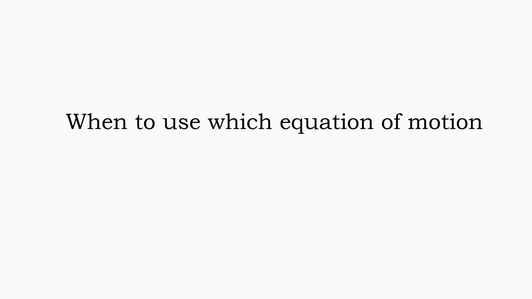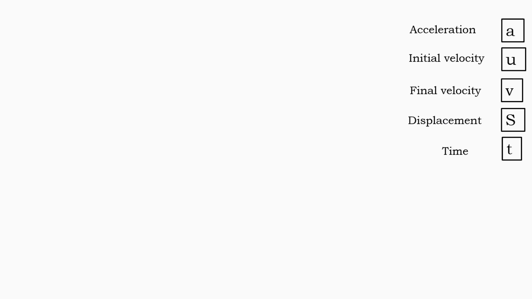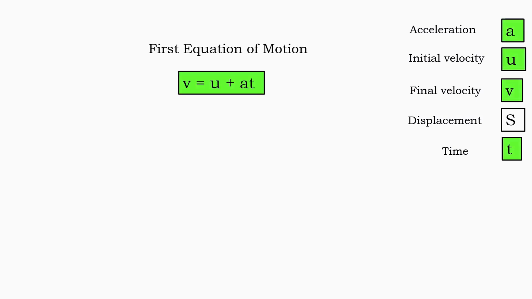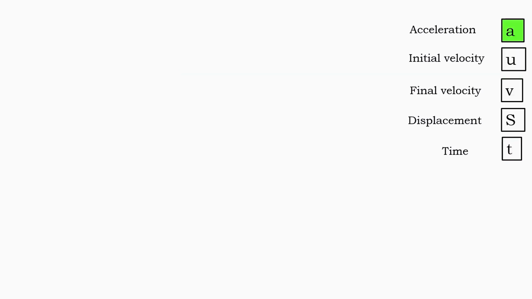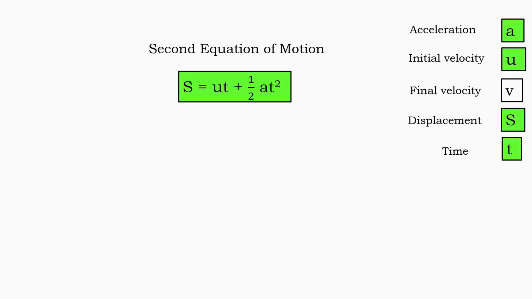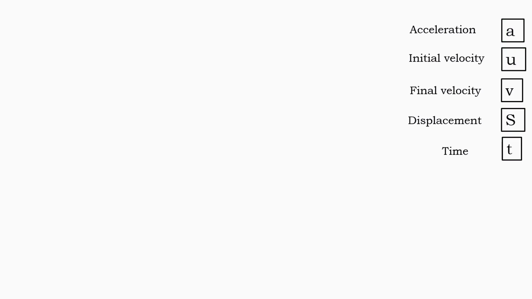Before we solve the numerical, let's quickly summarize when to use each equation of motion. Whenever you solve a problem, the first step is to identify the quantities that are given and the quantity that you need to find. If the given parameters are acceleration, initial velocity, final velocity, and time, then the first equation of motion is the most suitable choice. If the given parameters are acceleration, displacement, initial velocity, and time, then you should use the second equation of motion. Finally, if the given parameters are acceleration, initial velocity, final velocity, and displacement, then the third equation of motion is